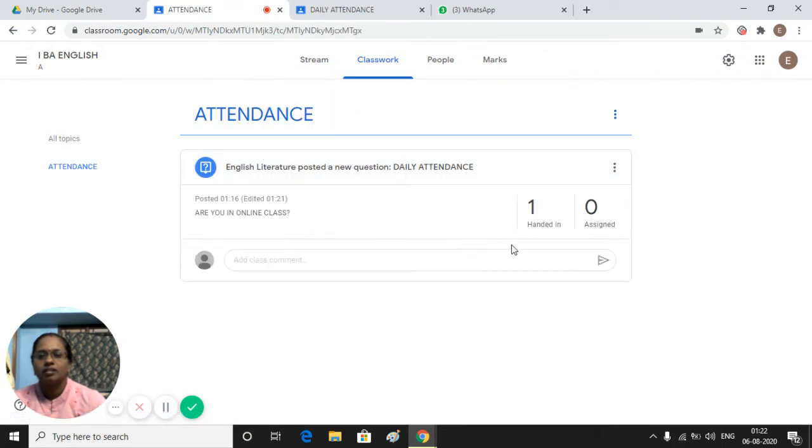Attendance. Now that one student handed in, that attendance is handed in. We are having in that class only one student. We added one student. In our class, how many students have been added? It will come under here. That 53 students means it will come under 53. How many of them have given attendance on time will come on this side. Then how many of you missed, you can note down everything.